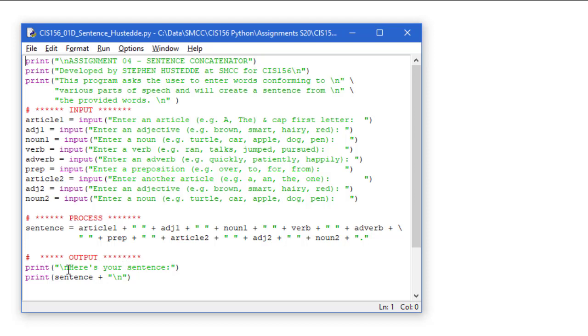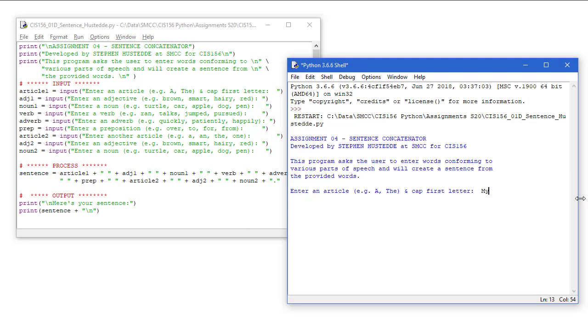So I'm going to print a literal string with a new line character, so I get a blank line away from the input. Here's your sentence, colon, and then I'm going to print the sentence and conclude with another blank line. That \n gives us a carriage return. Let's watch this run. So my first article, I'm going to put in my